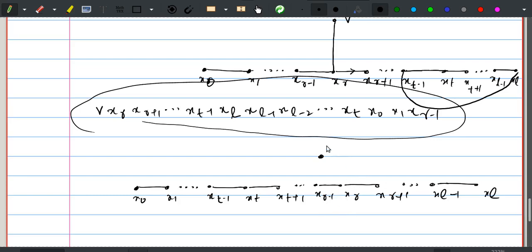There are only two possibilities: either XR comes before XT or XR comes after XT. When XR comes before XT, we have seen that we can find a path of length L plus 1, and that is not the case, so this is not going to work. And when XR comes after XT, we start with vertex V,